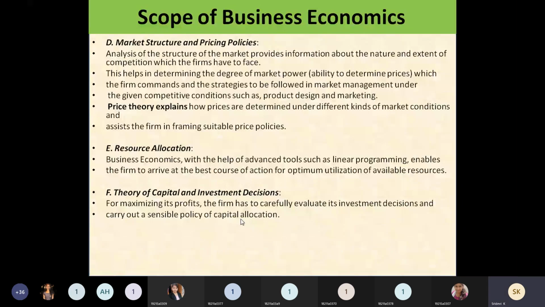Because you need the amount for a short period, less than 1 month or 2 months or 1 year, you cannot use long-term sources, because there you will be spending more interest. More interest will be charged on the large amount you are going to borrow, so you cannot utilize them. So which source you have to properly utilize, and what are the sources that are available in all these three